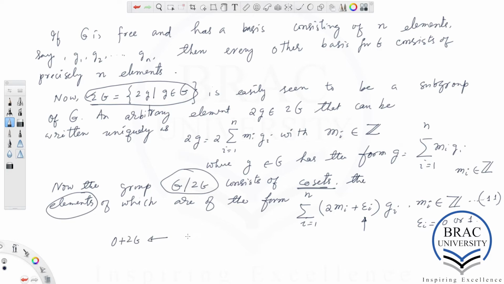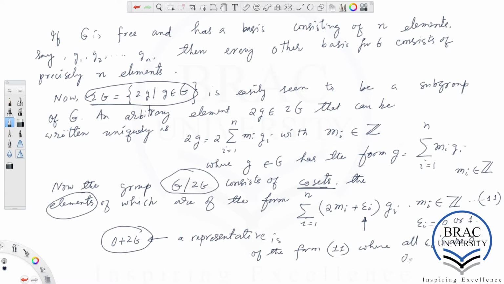So a representative of this coset is of the form 11, where all epsilon i's are 0.